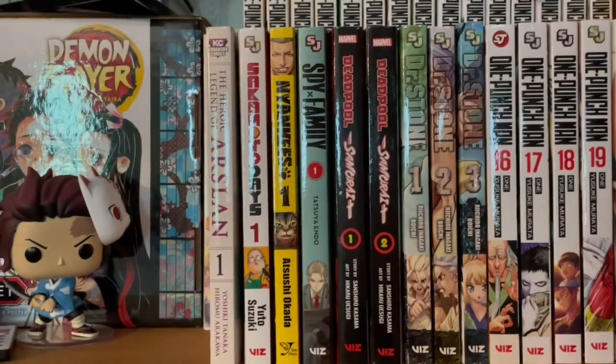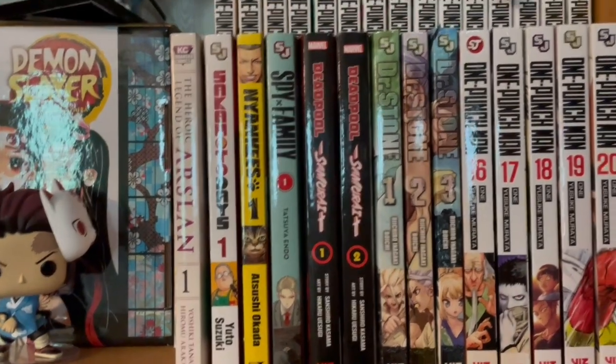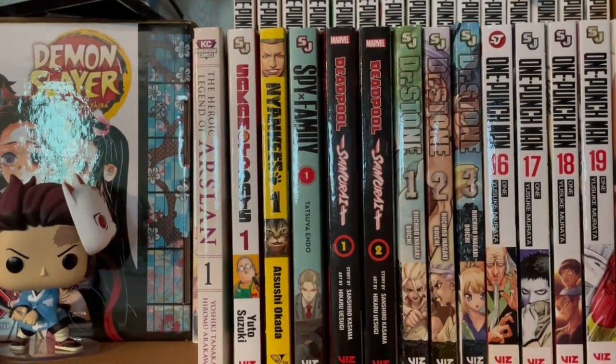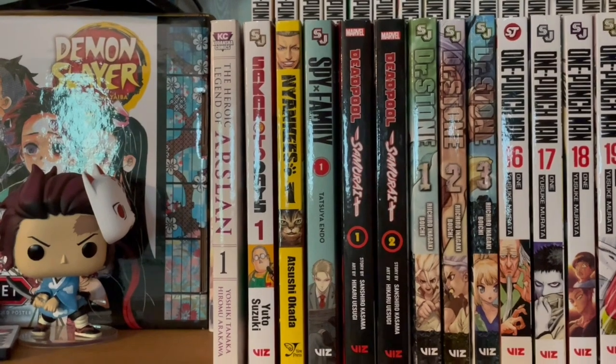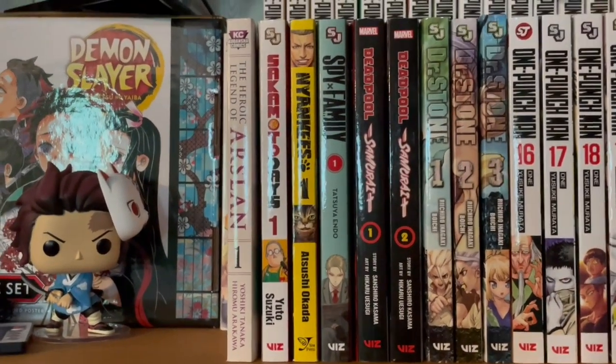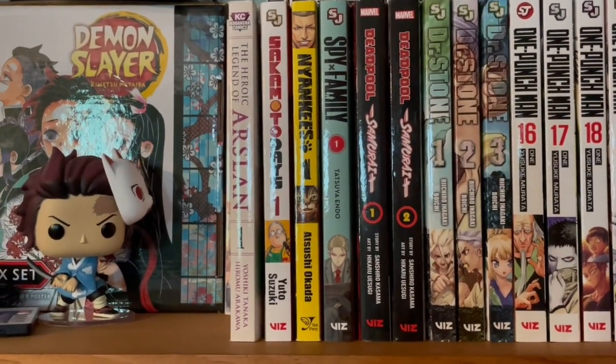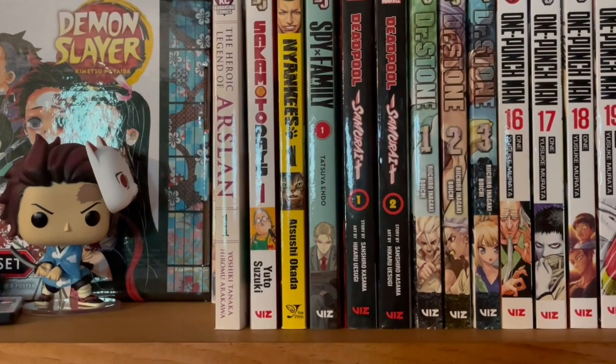Now we have the ever so popular Spy Family. Spy X Family. I don't know how you like to say it. I feel like Spy X Family just sounds a little bit cooler, but then we have the Hunter situation where it's like Hunter X Hunter, and if you say X and Hunter X Hunter, then you're just a dummy. So we have Spy X Family, and